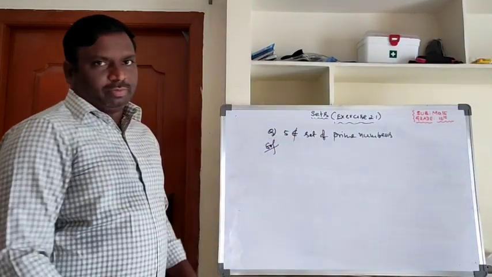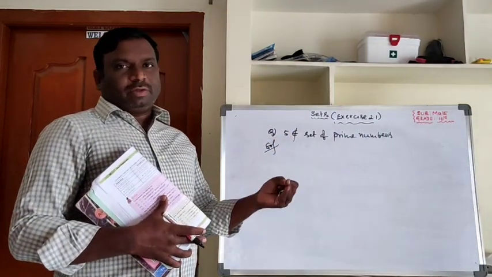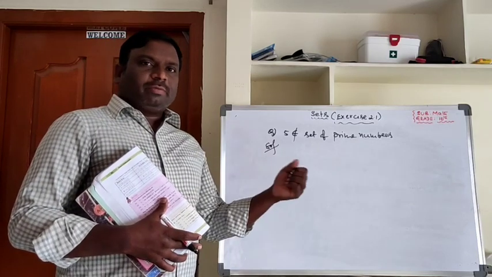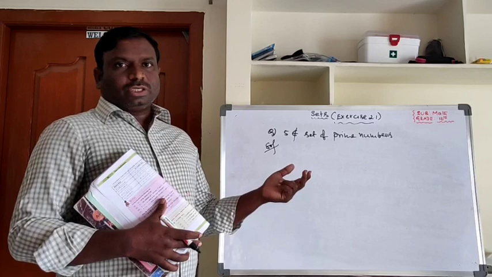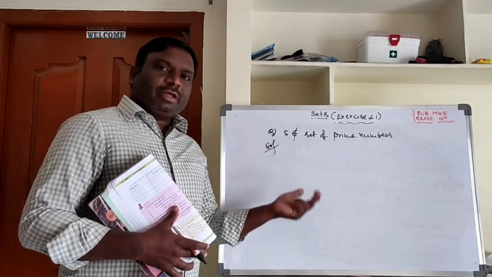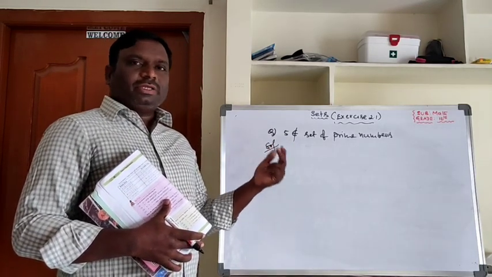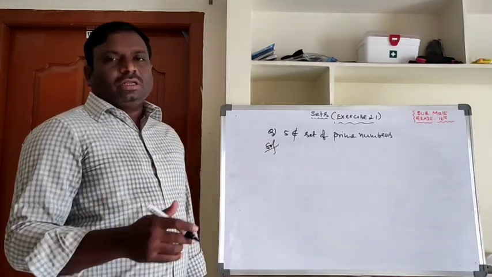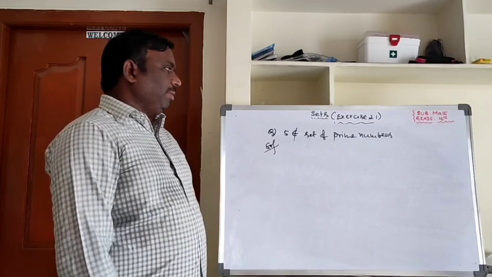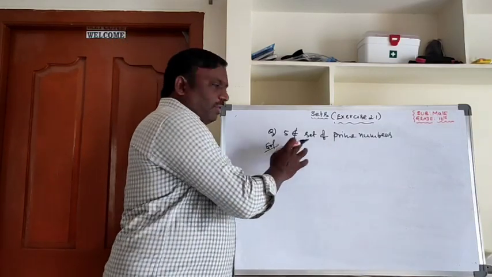Set of prime numbers. Already you know the types of numbers: prime numbers, natural numbers. The least prime number is 2, so the least even prime number is also 2. The numbers which have only 1 and itself as factors are called prime numbers. So they are asking whether it is true or false.